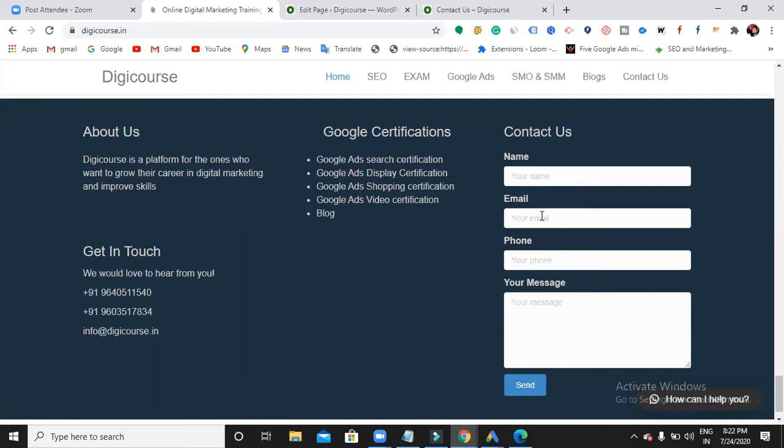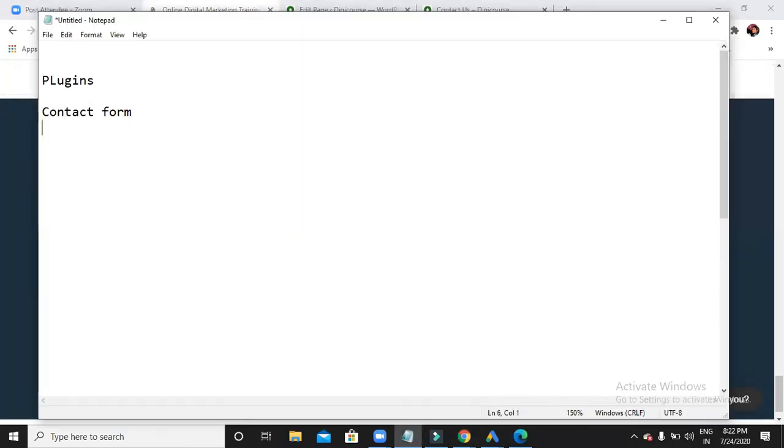Have you ever noticed any kinds of live chats on websites so that you can directly chat with them? Yes. So instead of using these contact forms, everyone is going with live chat. Why? Because they get an instant response. No need of filling in all those details, directly they'll get some response. So that is what live chat is. Again, that is also done with the help of plugins only.